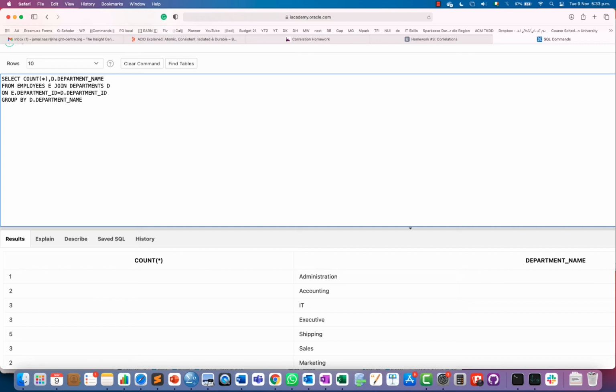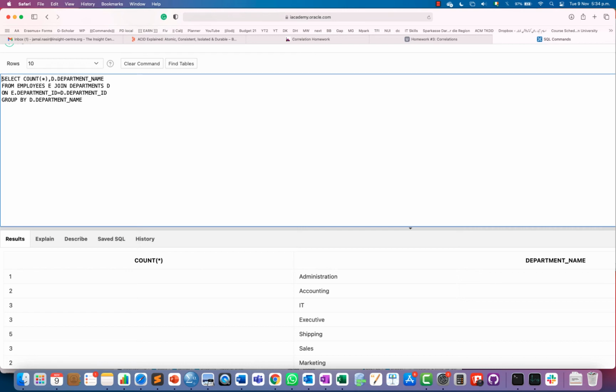This information is coming from this table, this information is coming from that table, so it means I have to join them. If you have to join, then you will be using the join statement. And if the query is asking for some sort of summarization or grouping, then obviously you need the group by clause as well.